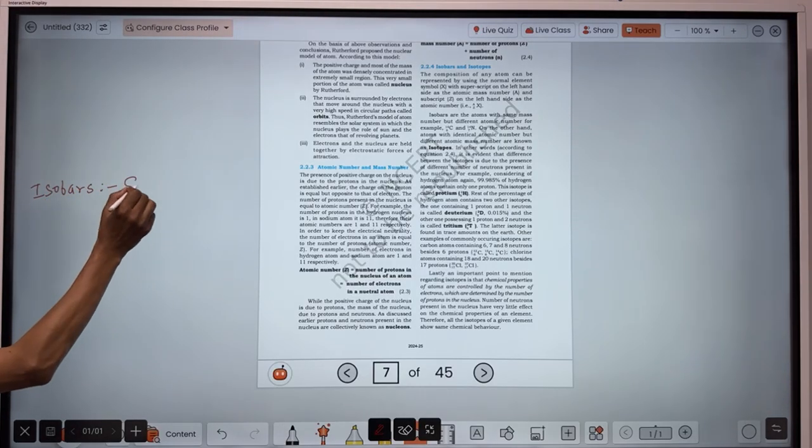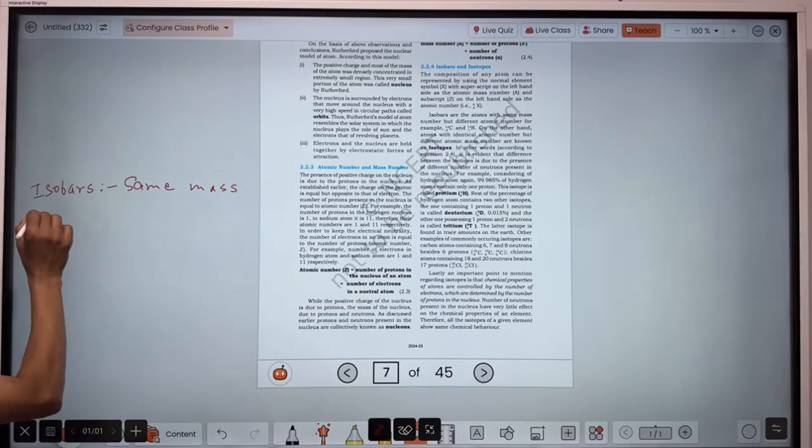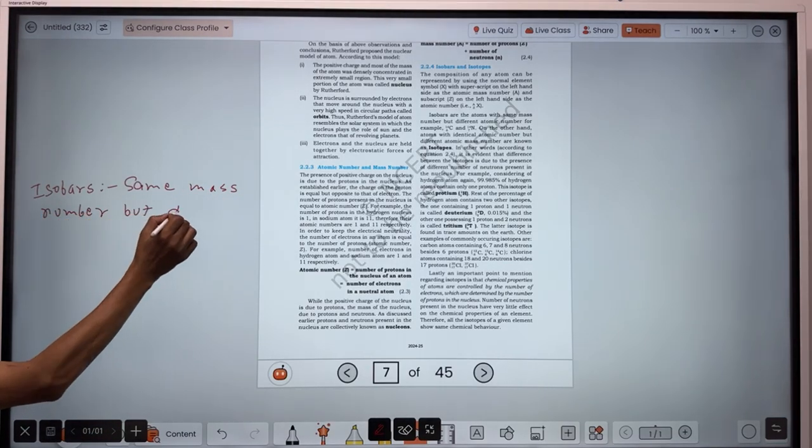Isobars means that have the same mass number, but